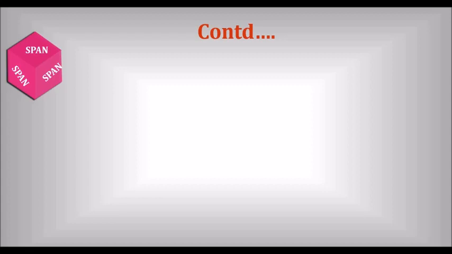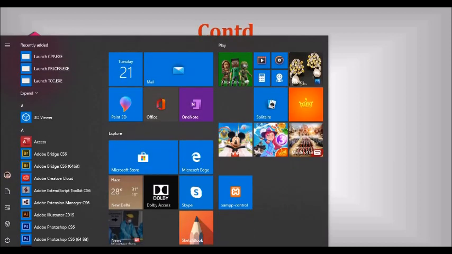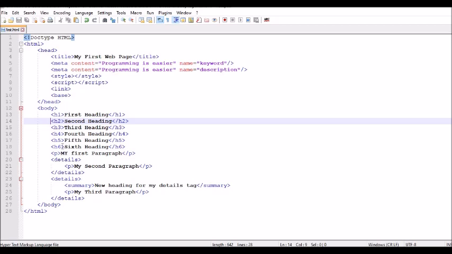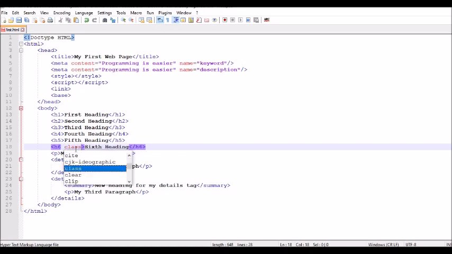But the span tag depends on the attribute that we are going to provide, which is attribute is nothing but the property that comes after your tag. For example, I am having h6 here. If I am writing class or id or name, so these can be attributes for a heading tag, which is I have written class equal to 6th heading and id is equal to heading.